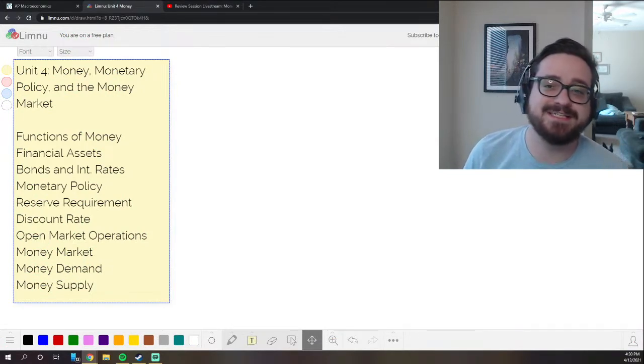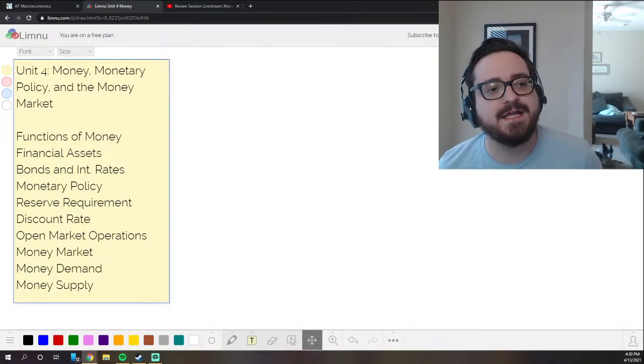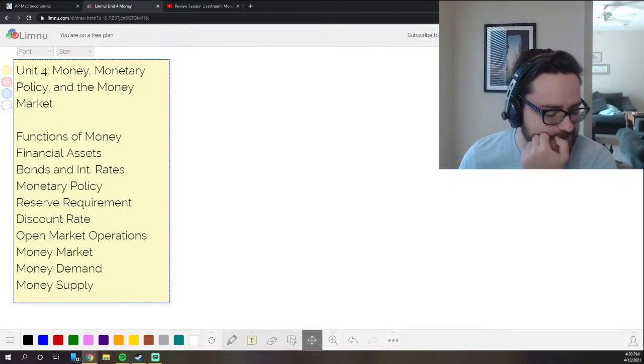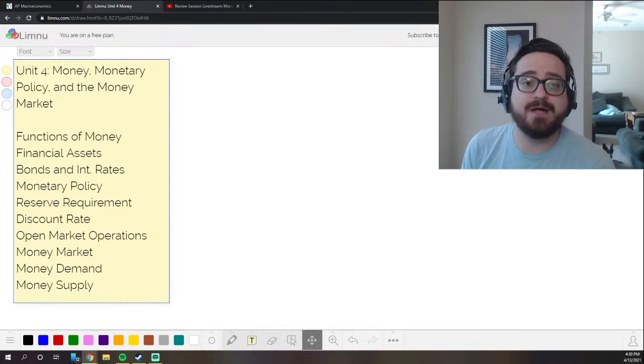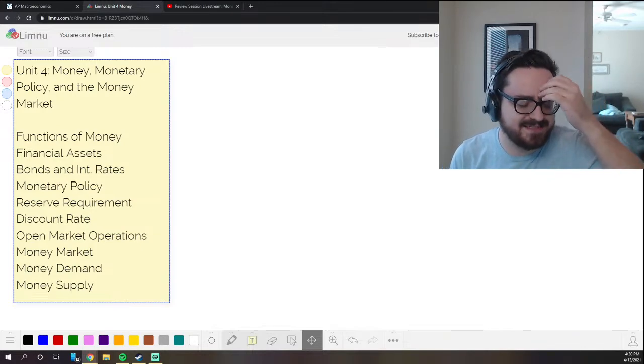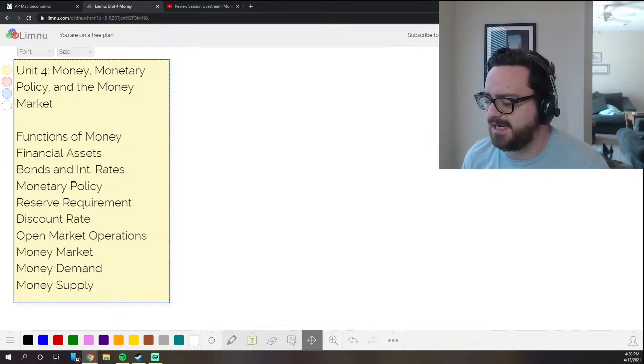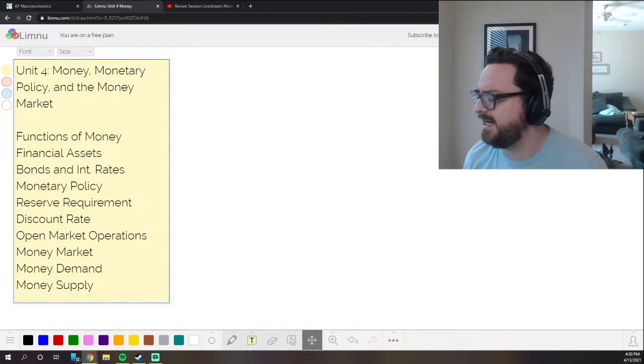Unit 4, some of the big stuff we're going to be talking about today are money, its functions, some of that stuff that counts as assets, the graph of the money market, and monetary policy. Those are the big topics. So, let's start with money. You are familiar with the concept of money. That isn't anything crazy to anybody, but when we're talking about what is and isn't money, it is kind of imperative that you understand